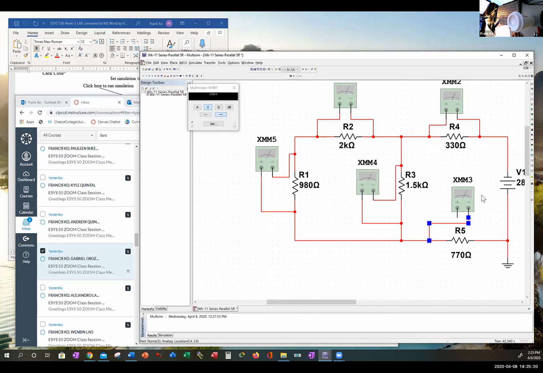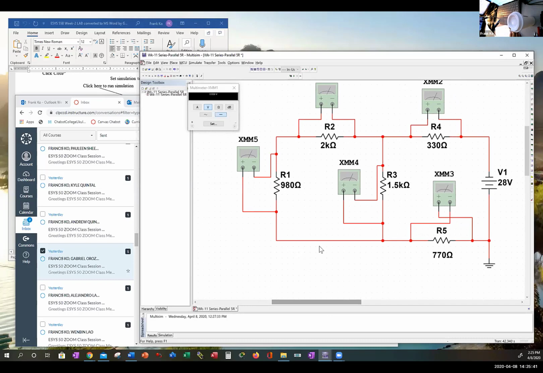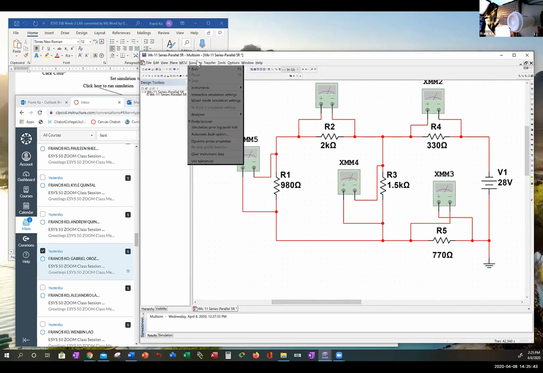Nudge this wire up, bring the whole multimeter up, like so. And now bring this guy over to here, nudge this wire up. Okay, cool. So we happen to have all of these in place, all the multimeters, and let's go ahead and hit simulate